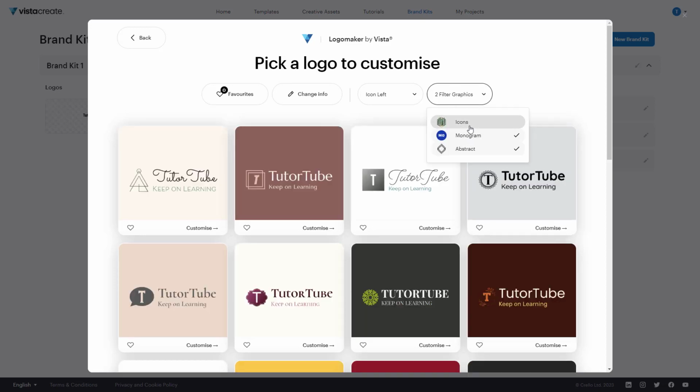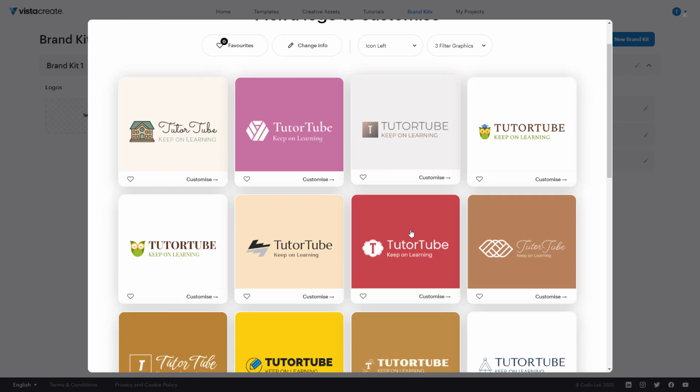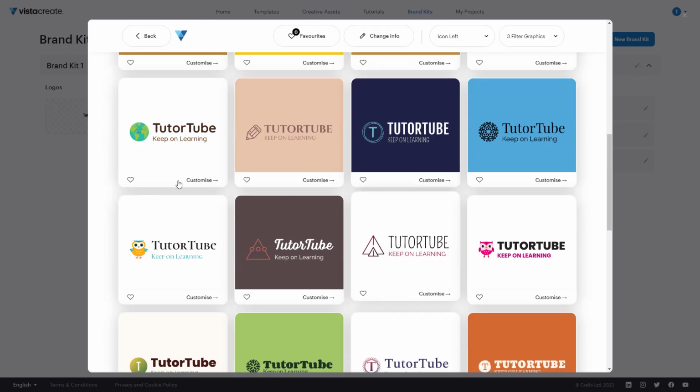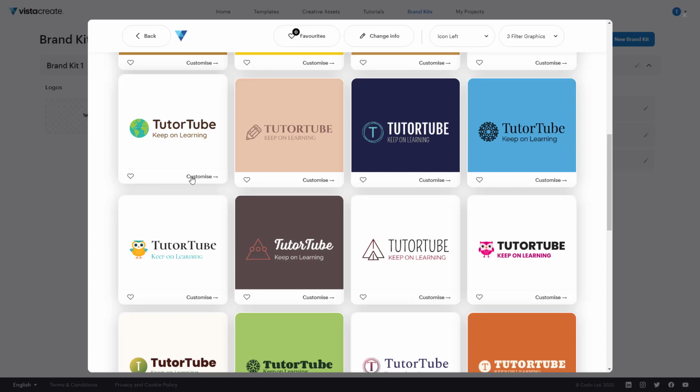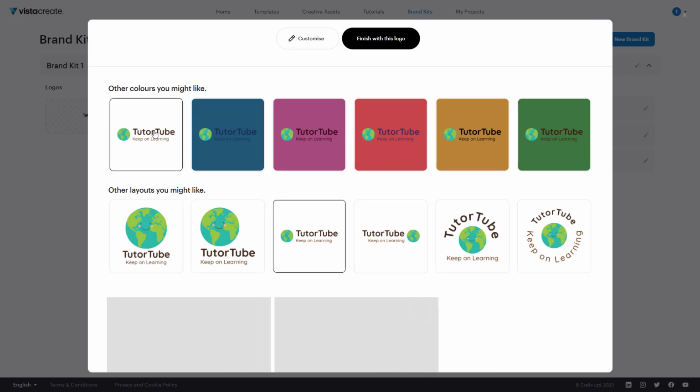So you can see that I can add in icons right here and filter the generated logos according to how you want. You can go for icon left or right according to how you want, just like this. Once you find the logo that you want to use, you can simply click on, let's say for example customize right here. So you have many different logos to choose from, so let me just utilize this and click on customize. Once you do that, over here you can see the logo displayed in different backgrounds,